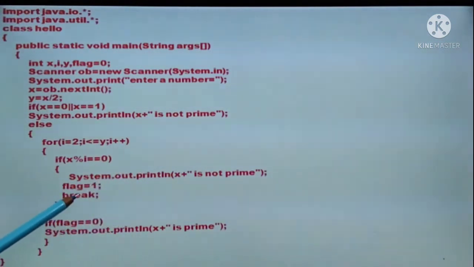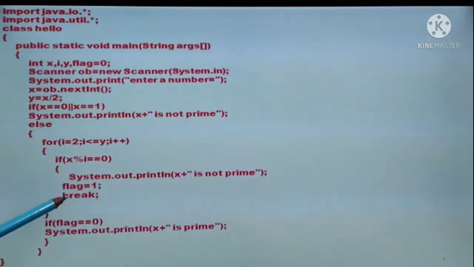Okay, and here I am turning the flag, which I have initialized with 0, to 1, and I am coming out of the loop with the statement break. Close the curly brace. Now see, as this is multiple statements, it is a must that you use braces for if, as you know. Multiple statements means you have to put them in the opening and closing brace.